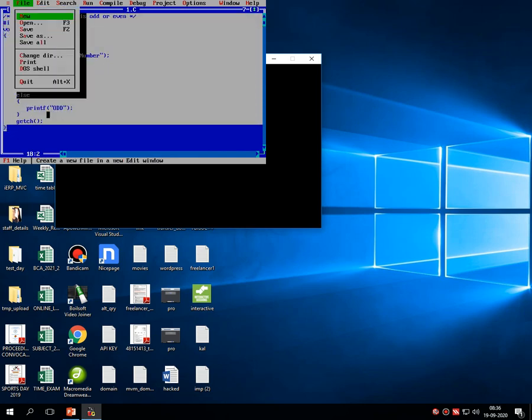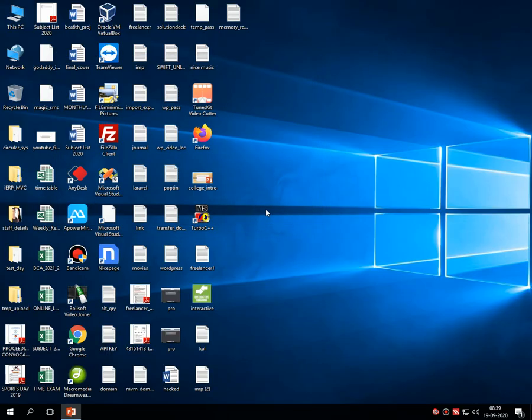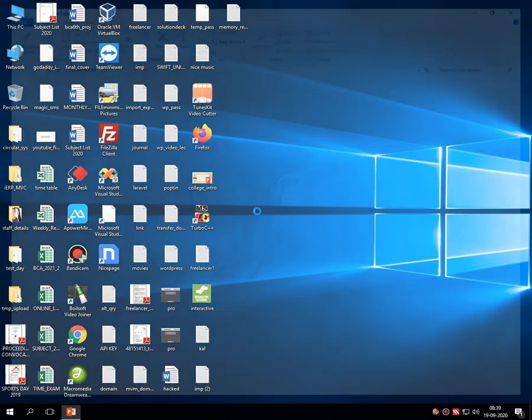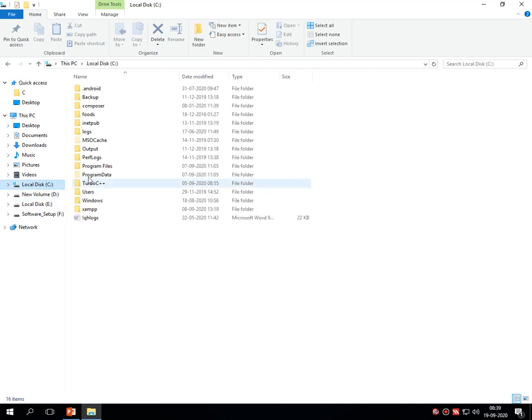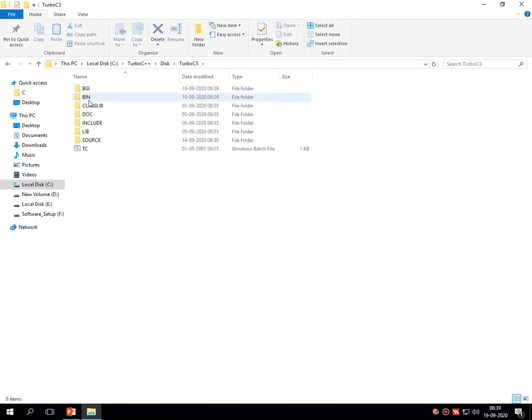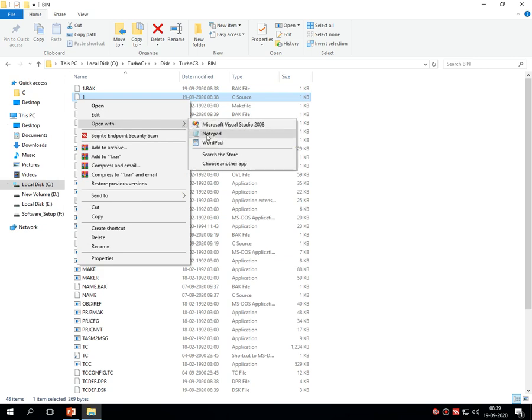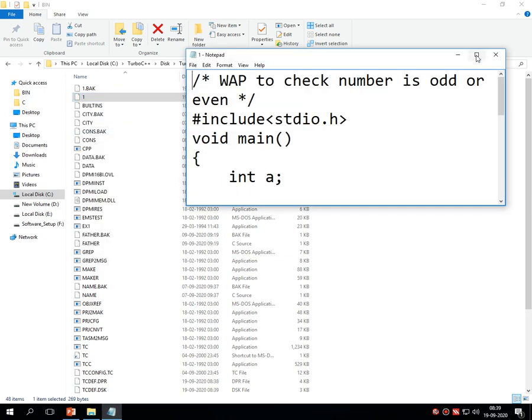Now let's see this particular code in Notepad for better visibility. So I am opening C drive, Turbo C, then again Turbo C, then bin, and I have saved this particular program as a1.c. So I am opening it in Notepad.